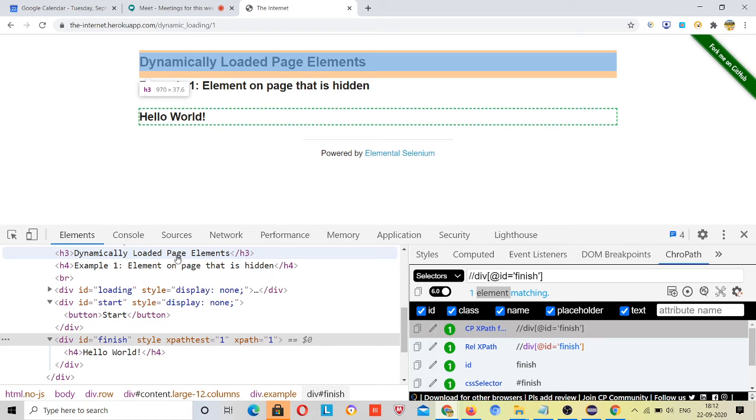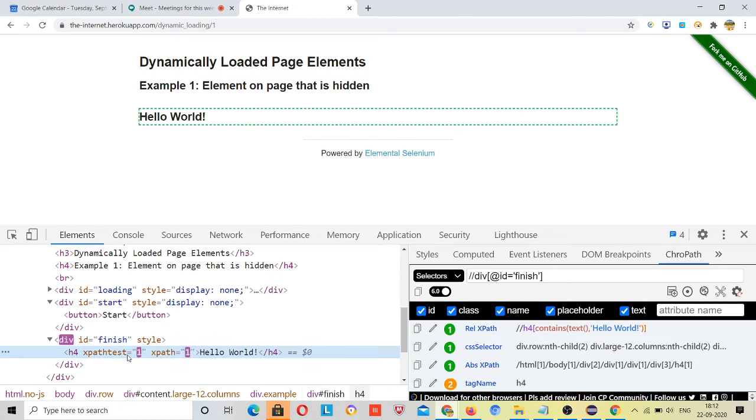In spicejet.com, data was coming dynamically, right? And nothing was visible without giving input. Once you gave input, based on that input your output was coming. But here the output is already there, but it is not visible, right? So in that case, either you should go for the explicit wait or Thread.sleep. Although we have the explicit wait, why would we go for Thread.sleep in Selenium WebDriver?